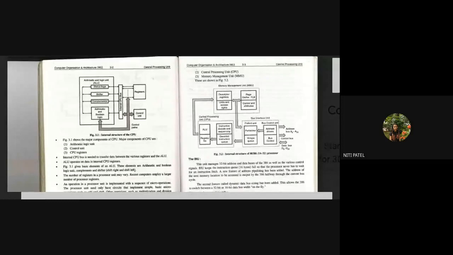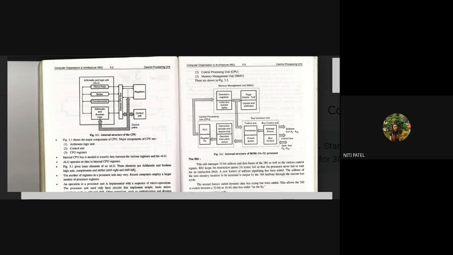So your central processing unit, as we studied, is divided into two, no? Instruction unit and execution unit. So these two blocks, the instruction decoding and sequencing and the decoded instruction queue, are nothing but the instruction unit. So whatever instructions are there inside the instruction queue of your bus interface unit, all those instructions will be transferred to the central processing unit, which is the instruction unit part, through this control bus.